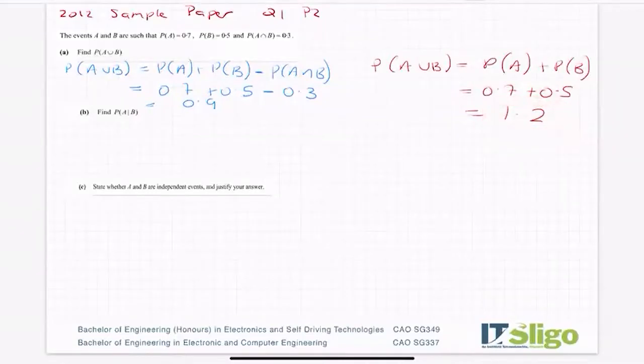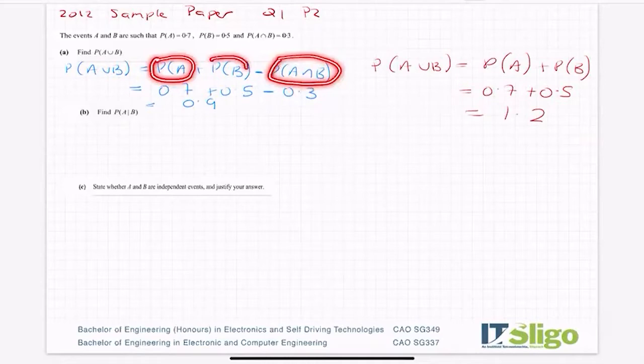So if you're 100% certain of something happening, then you're fully sure. You can't have 120% certainty. So you can never have probability greater than 1. So when this happens, chances are you haven't subtracted off the intersection. Okay, that intersection is counted as part of A and part of B. So that's why we have to subtract it off once, because we've counted it twice here in A and